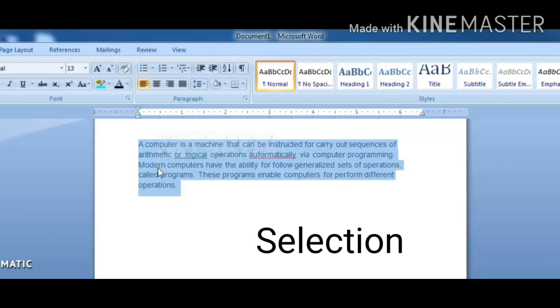If you want to select a large block, click on the starting line, press and hold the Shift key, and click at the end of the text, then release the Shift key so that you can select a large block of text. And there are some shortcut keys too, that is Control plus A to select the entire text.